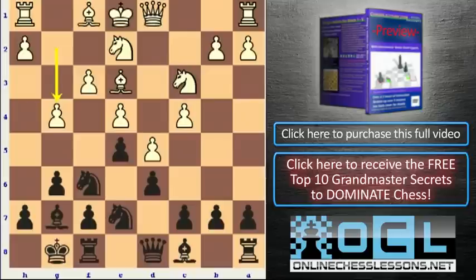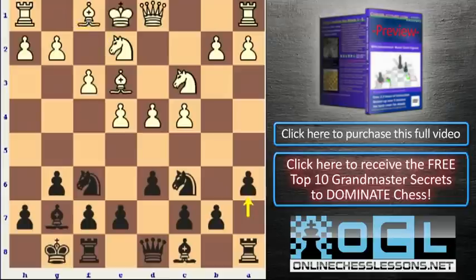Maybe g4, and black is having trouble. He has no space. So instead, a6. This is following the Panno Variation. Black prepares b5 at some point to try to open up lines on the queenside when white starts the attack on the king. Queen d2 is a logical move, lining up the queen, preparing castling, strengthening d4,